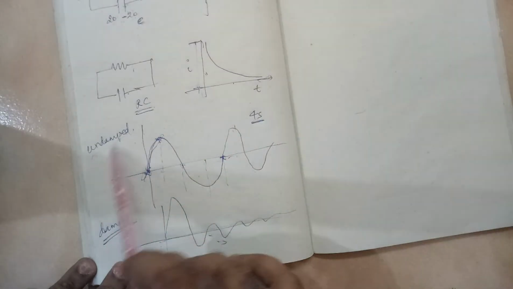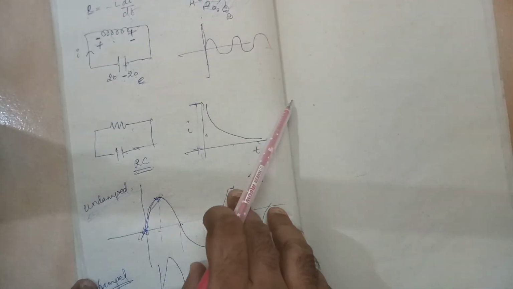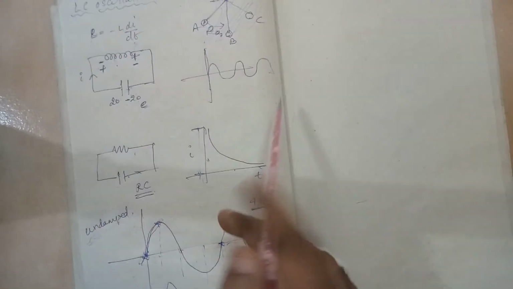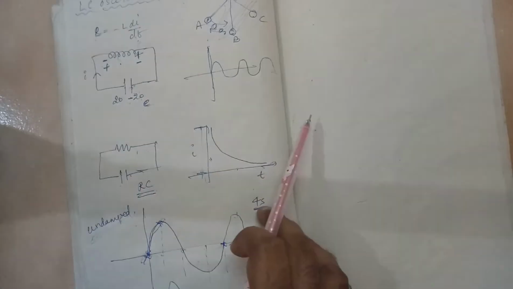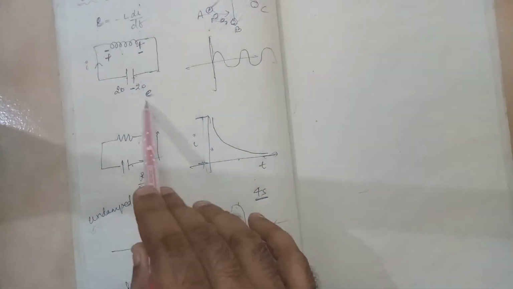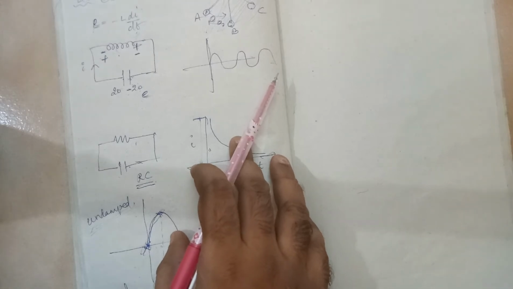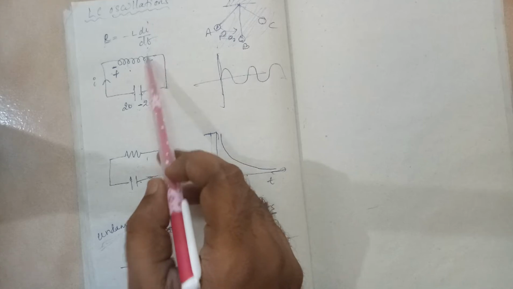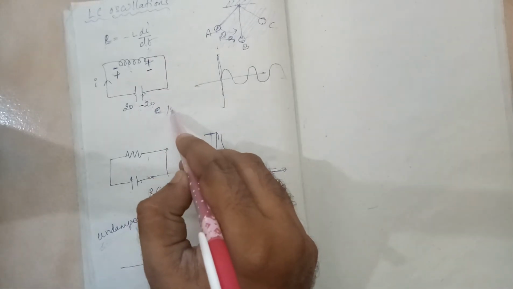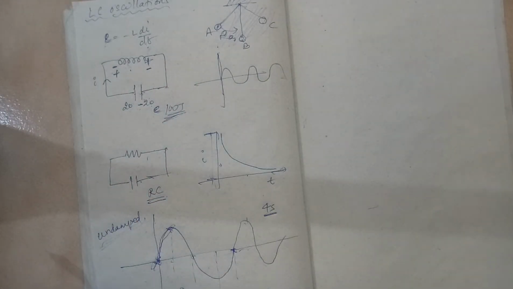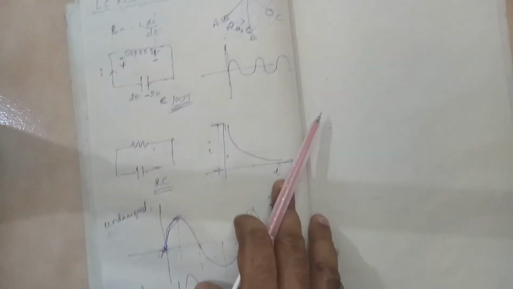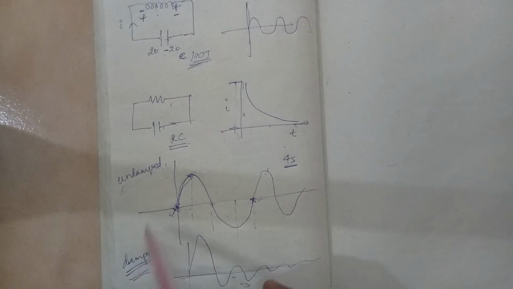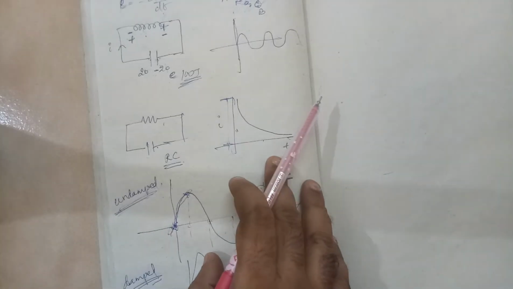In an undamped situation, there is energy conservation. That means the energy of the system is conserved. But in a damped one, the energy is not conserved. There is a loss. Why is there a loss? This wire also has some resistance, so there will be heat losses. Initially 100 joules of energy is there. After some time, 100 joules of energy won't be there. Some heat will be lost to the surroundings. Okay, so realistically it is damped, but we are right now studying the undamped situation.